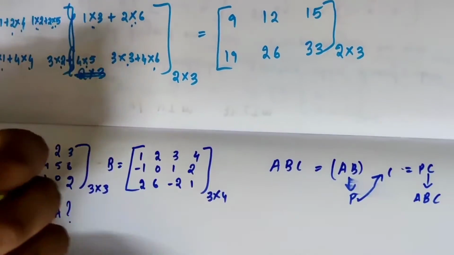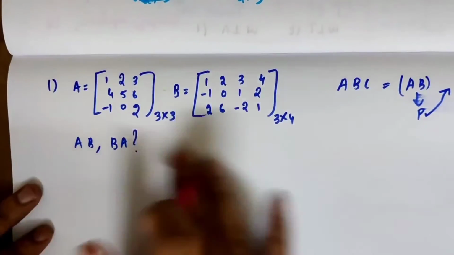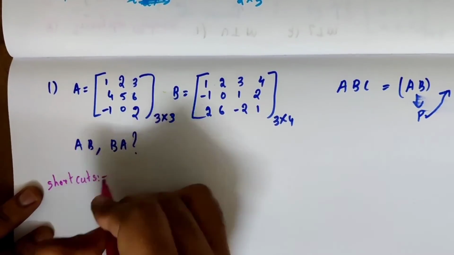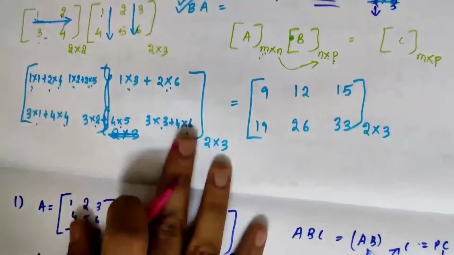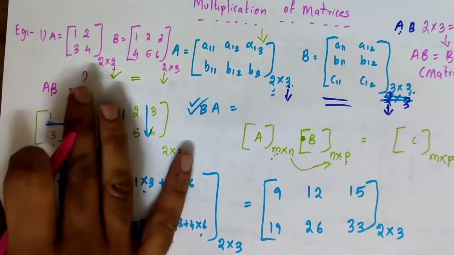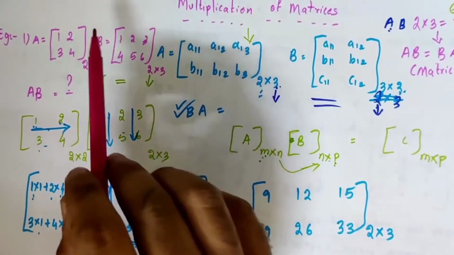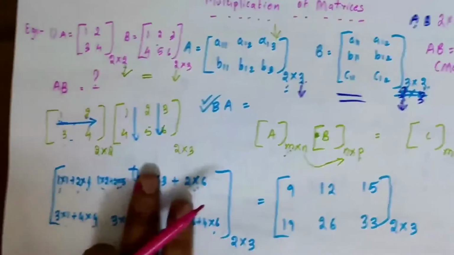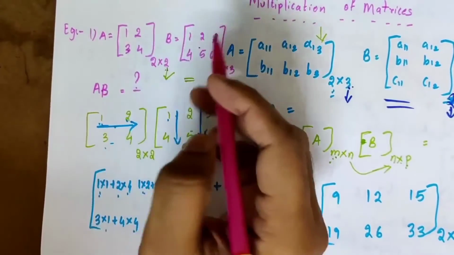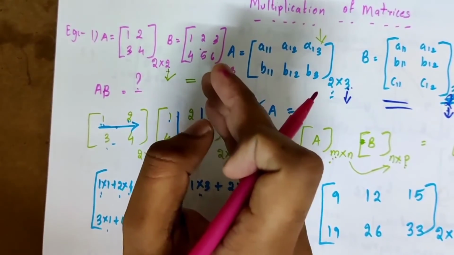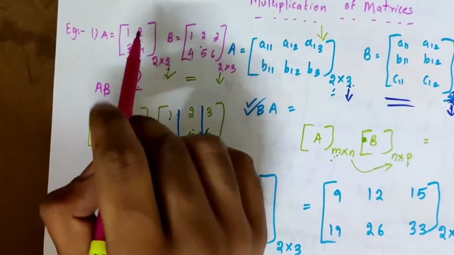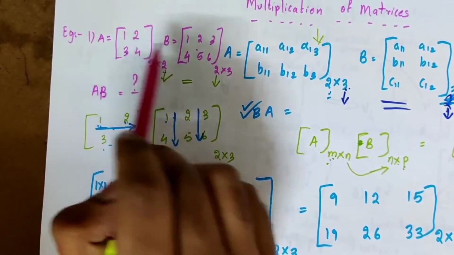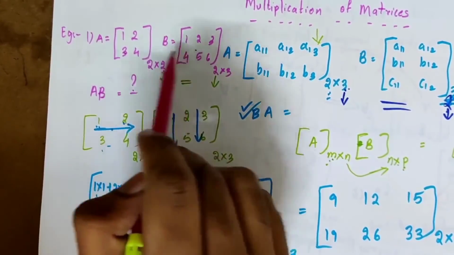Here I'd like to add a few more points, or you can simply say shortcuts. Sometimes you will get questions like this. I'll take this scenario and ask you the question. I am multiplying the A matrix with the B matrix and getting AB. Think for a while, and if you get any answers, please comment them down. My question is, you are doing AB, so I need the number of multiplications required to form AB.